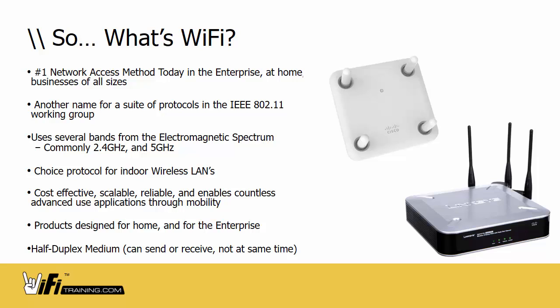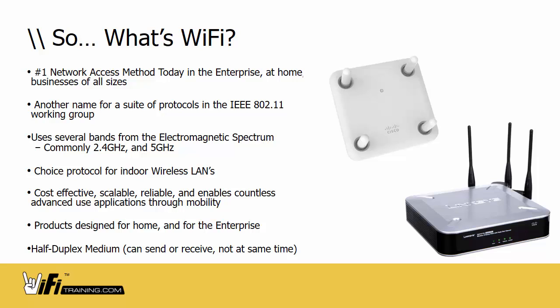Now, one important thing I do want to point out before we move on to the next slide is there are products specifically designed for home and for the enterprise. There's a pretty big distinction we need to make with that, because ultimately with our wireless networks, we're trying to provide a good end user experience. And essentially the products we choose has a lot to do with that. It also has a lot to do with capabilities, because products designed for the home are not necessarily going to have the same capabilities as those designed for the enterprise, especially whenever it comes down to security and compliance issues and things like that. We want to be using enterprise grade products for those enterprise environments. That's what it's designed for.